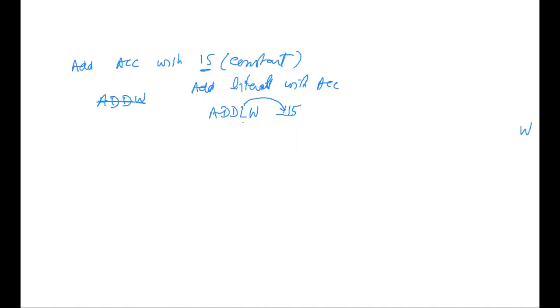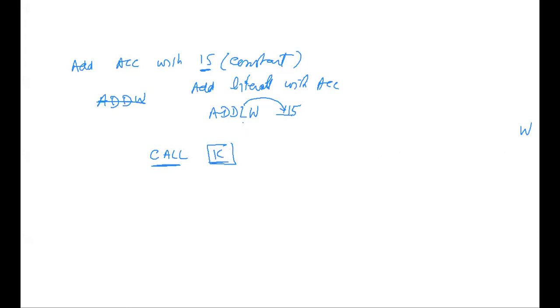So got it? This is the call. I'm interested in this call. Call K. K is a literal. I want to call a subroutine which is at a certain address. I can write this K as an address. Call is a call to a subroutine, and this K can be your constant address.